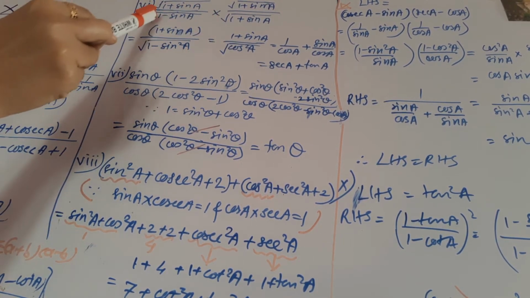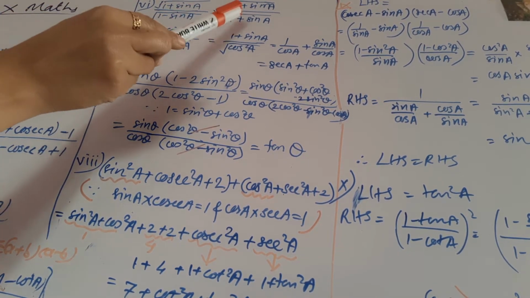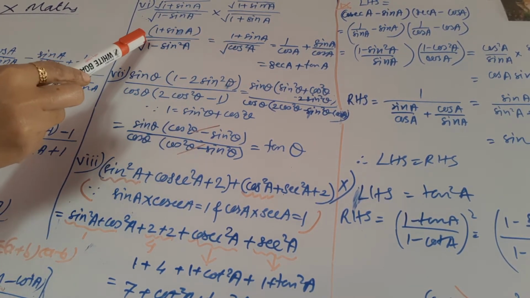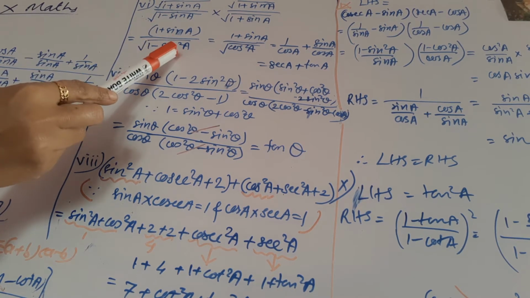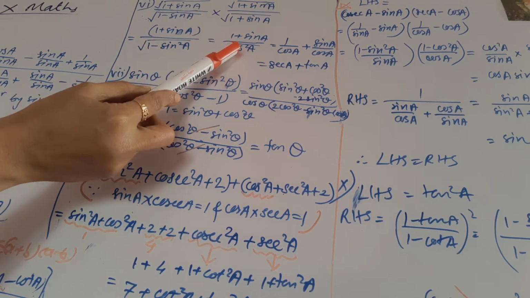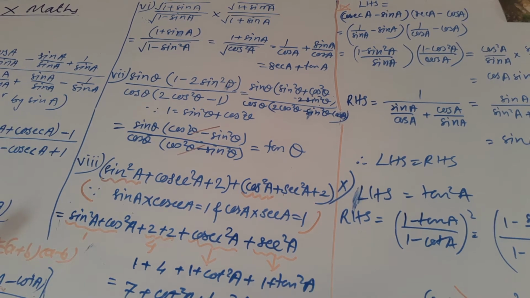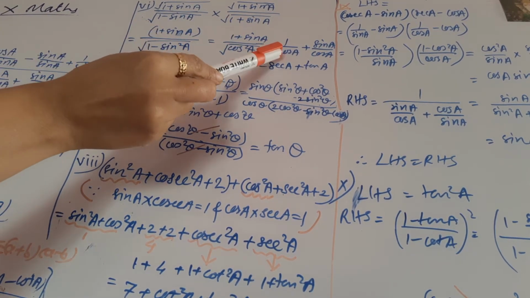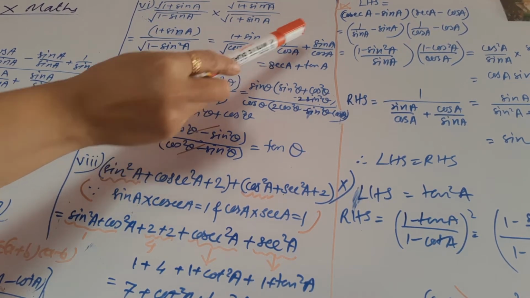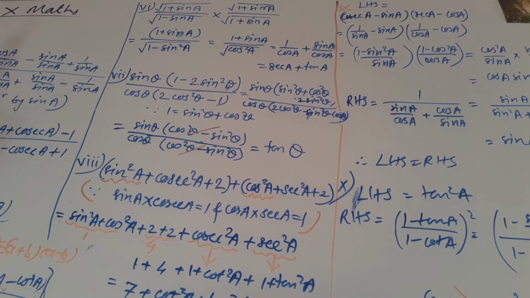It's a square in a square root, so we will get 1 plus sin A. Now here 1 minus sin A, 1 plus sin A in a square root, so we will get the square of the first term minus the square of the second term. So 1 minus sin square A we will get, and we know that 1 minus sin square A is equal to cos square A, that is in a square root bracket, and hence it is cos A. So it will be 1 divided by cos A and sin divided by cos A. So 1 divided by cos A means sec A, and sin divided by cos will be tan A.